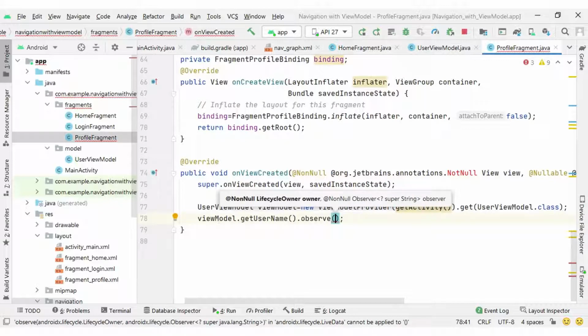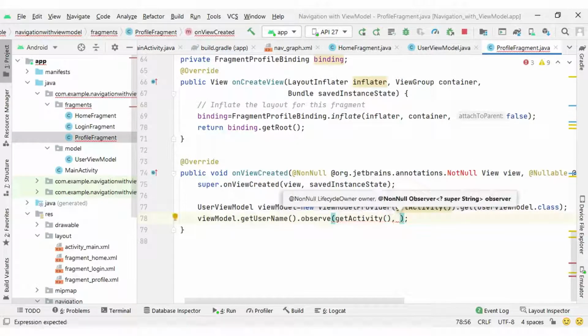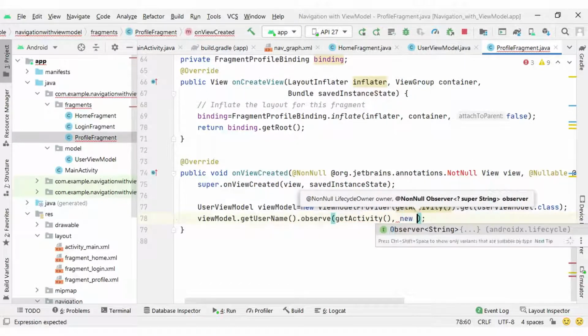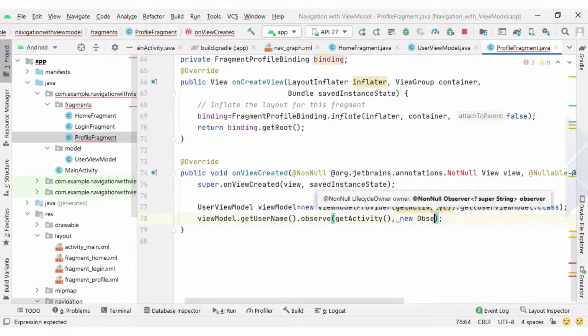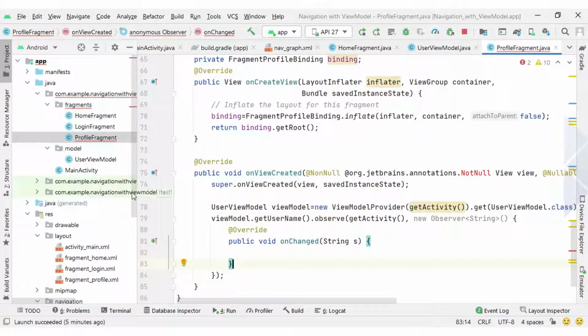Inside the observe again we need to pass the owner, so I will pass getActivity again, and the second argument will be the observer. So here I will create the Observer interface implementation anonymously, and inside this onChanged I will get the value, that will be the username, and I will confirm if value double equal to null.